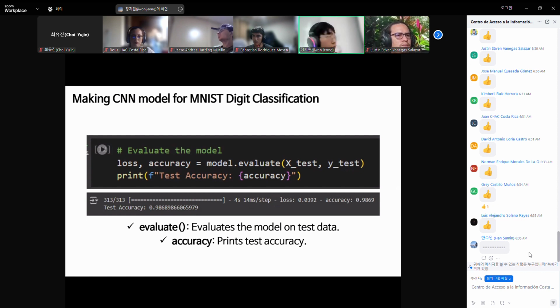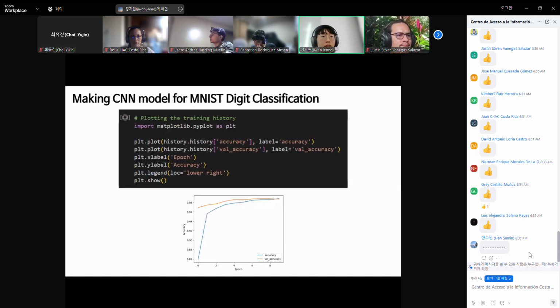Okay, so if you run the code cell, you could see the result. And for me, the test accuracy is almost 98%, which is very good. So finally, you could visualize the prediction made by the model on test images. This step helps us see the model's prediction and compare it with the actual labels. Visualization, as you all know, provides a tangible understanding of the model's performance and highlights any potential areas